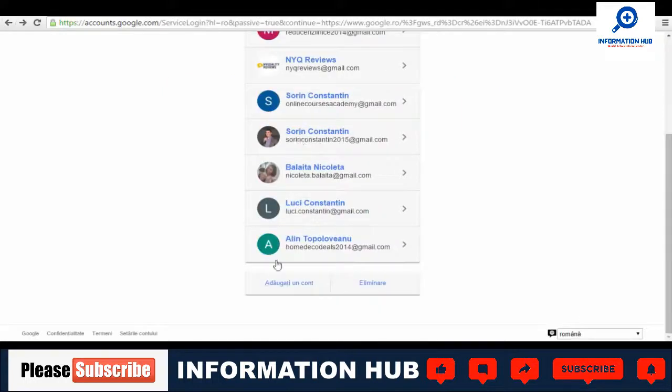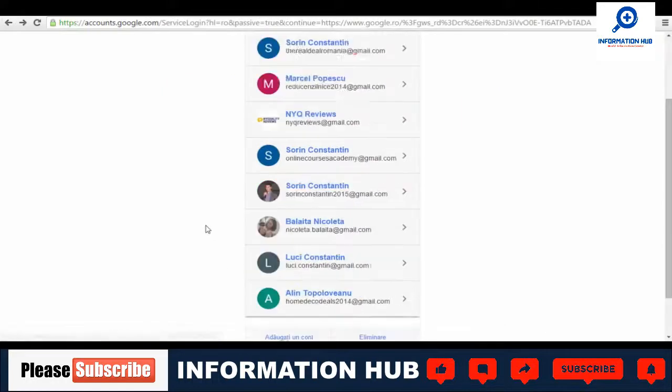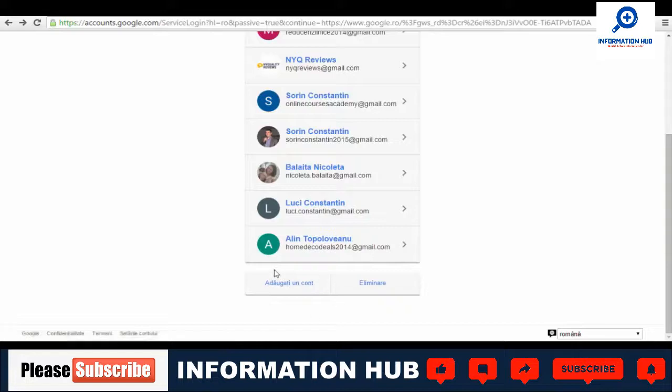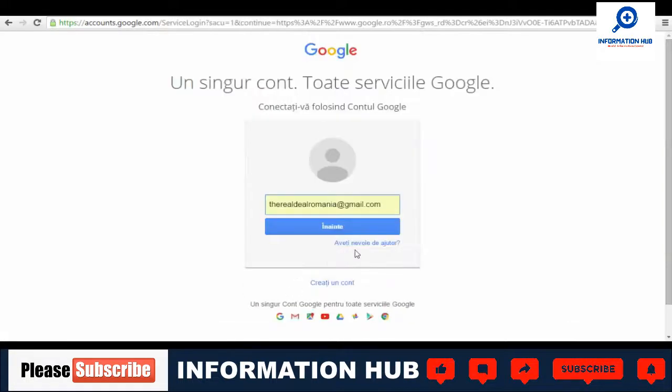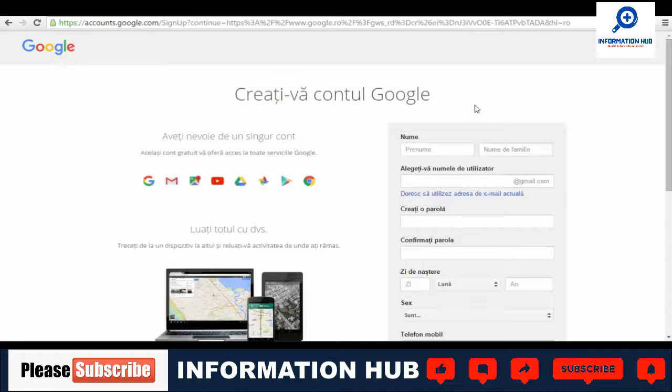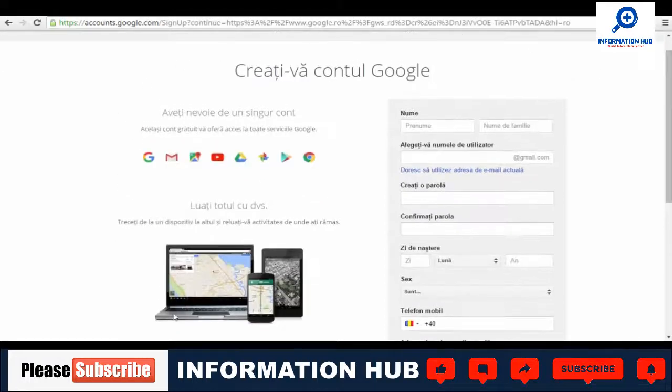For example, if I go back to the previous page and I press this button here, add an account, I have here the option to create a new account. I press on the option create an account, and this is how the form will look. As I've stated before, and you can figure out on your own, all the details for me are in Romanian